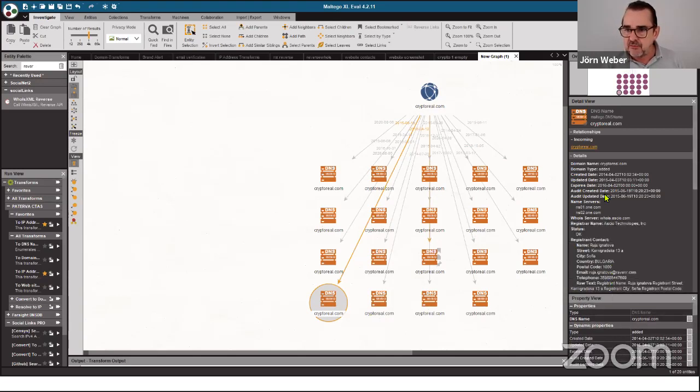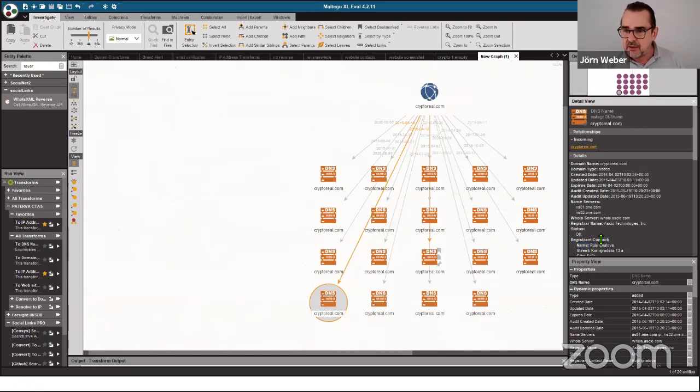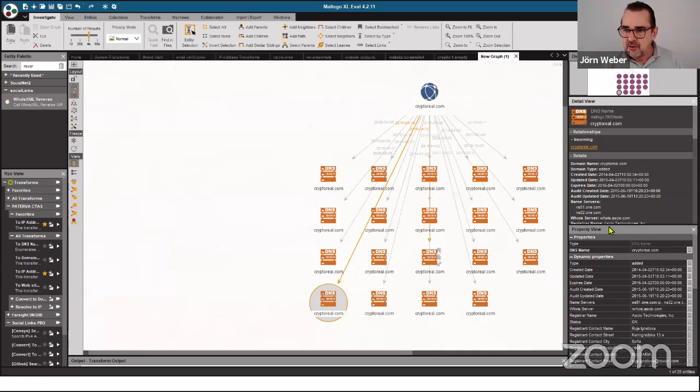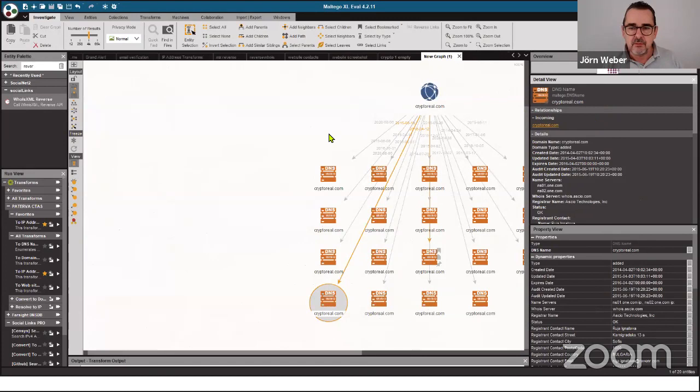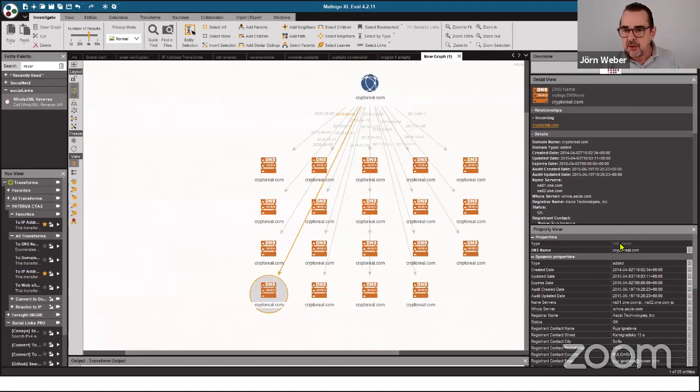This is a detail view, more like a text file. It is not bad to get something out of here, but I personally really like that everything is shown nicely, and maybe we can make things a little bit bigger so you can see better. Now you have all the things in a field here and the dynamic properties, everything which is important for you.